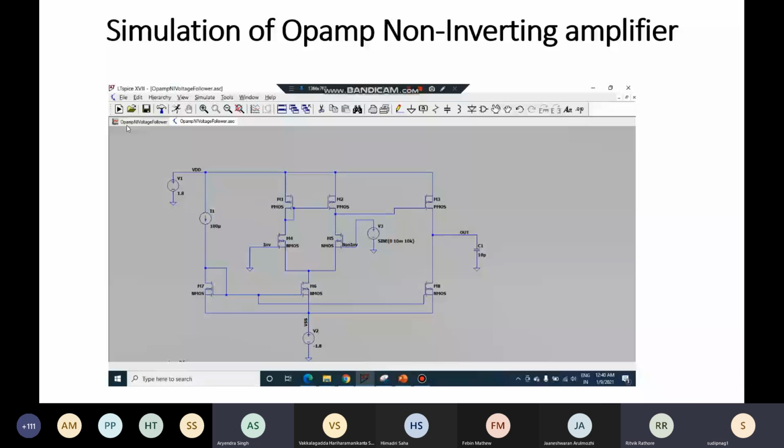The only reason I can think of is that since r_o is given by 1 by lambda I_D, is it that the I_D is increasing drastically, so that it is taking everything else down? Or similarly, when you change the W of any of these transistors, W of P or W of N, it takes the circuit directly from very high gain to attenuation. So is that also on the same basis?